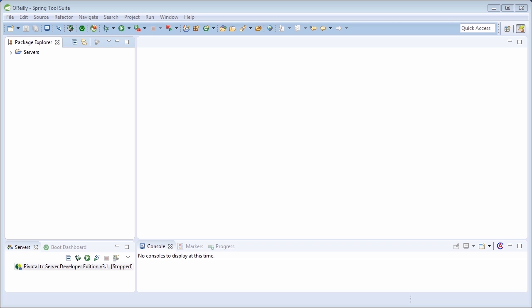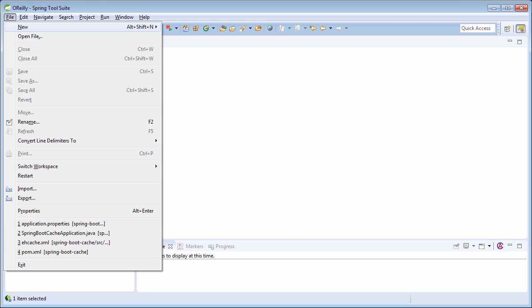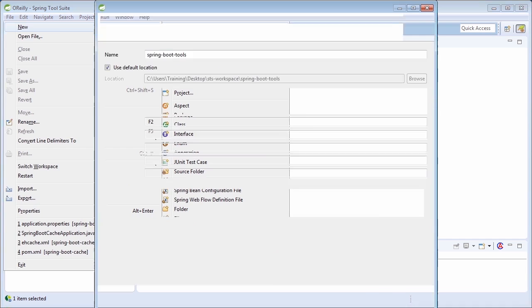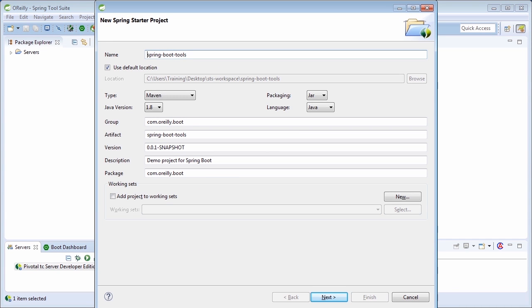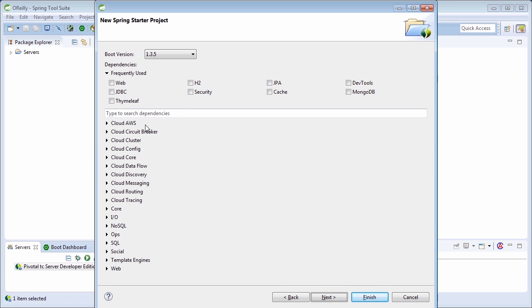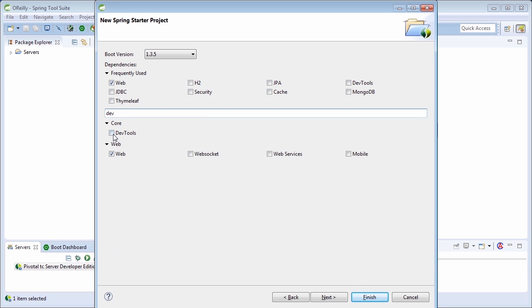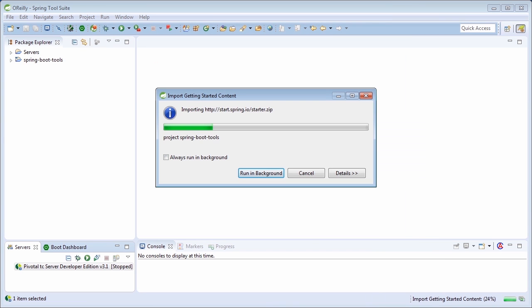To see this feature in action, let's go ahead and create a new Spring Starter project, and we're going to name this project Spring-Boot-Tools, and then we'll make sure that the artifact ID matches the project name, and then hit Next. Now for this project, we're going to include the web dependency as well as the DevTools dependency. With those two dependencies selected, I'm going to go ahead and hit Finish, and STS will begin to build out